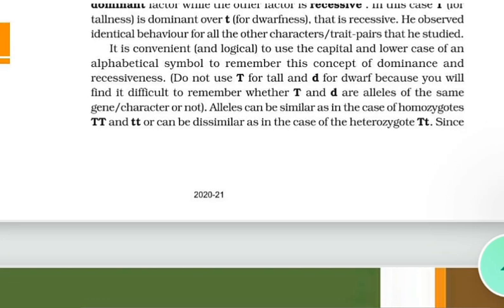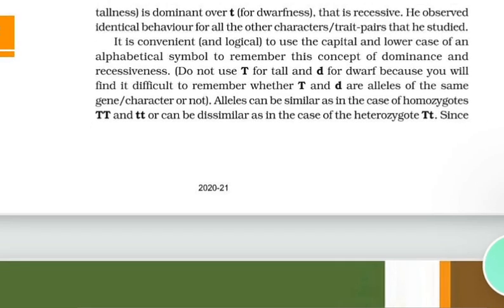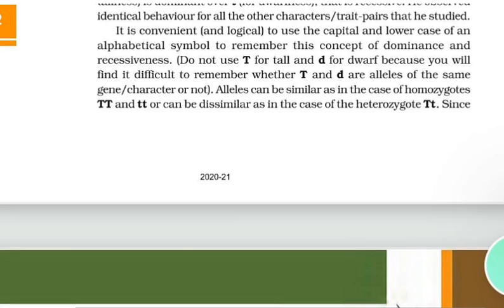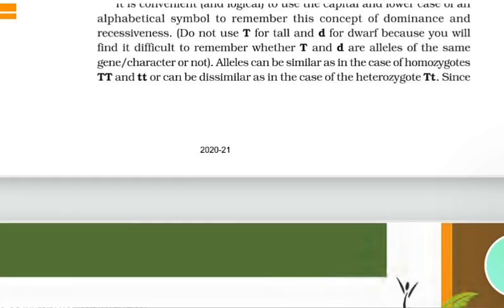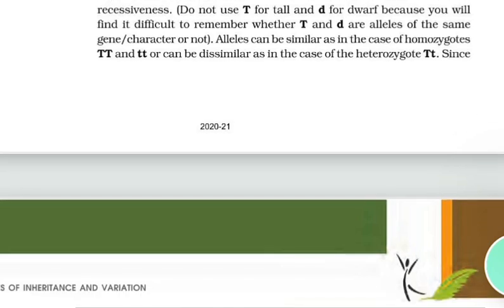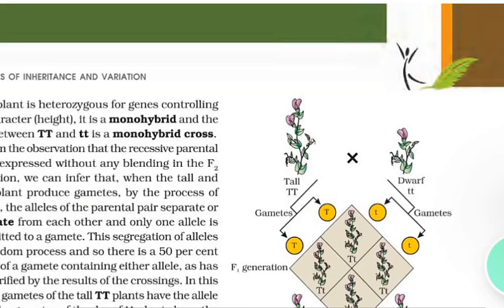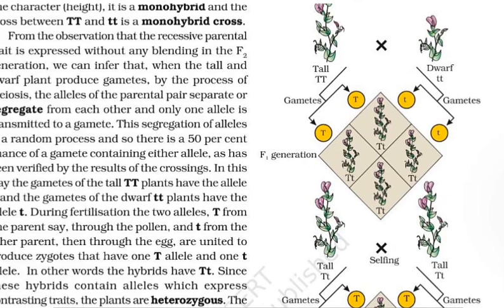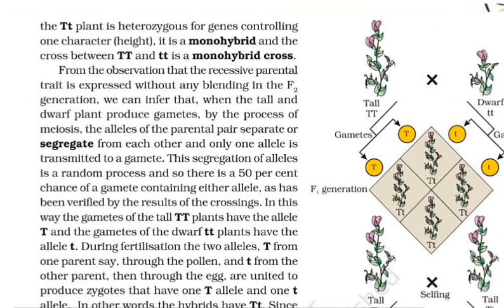Since the capital T, small t plant is heterozygote for the gene controlling one character, that is height, it is a monohybrid, and the cross between capital TT and small tt is a monohybrid cross. From the observation that the recessive parental trait is expressed without any blending in the F2 generation, we can infer